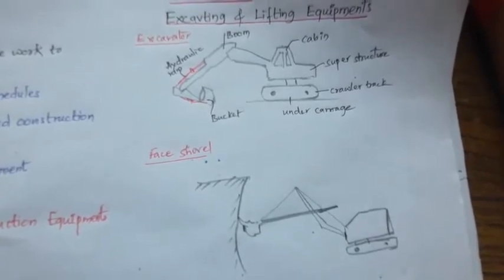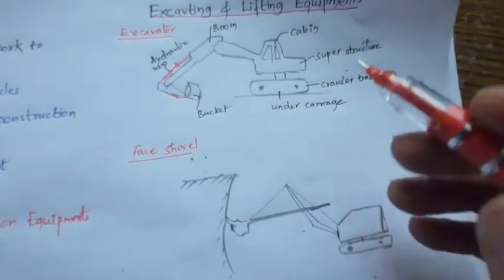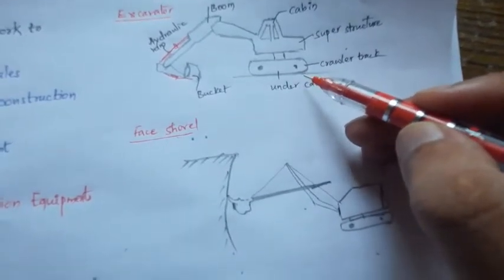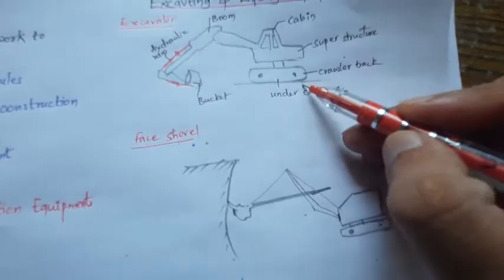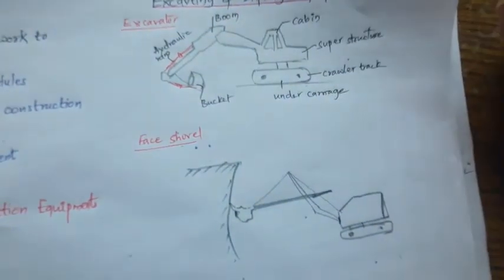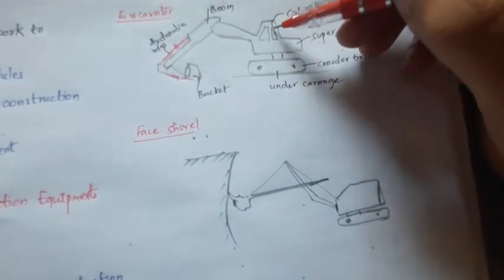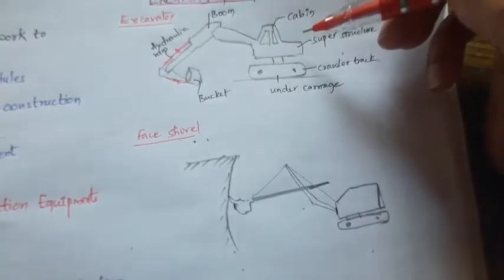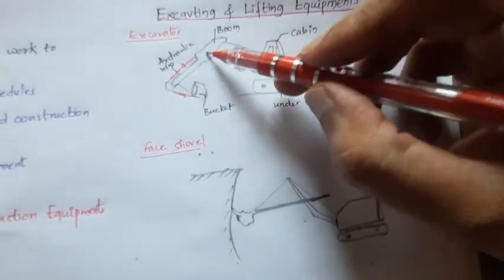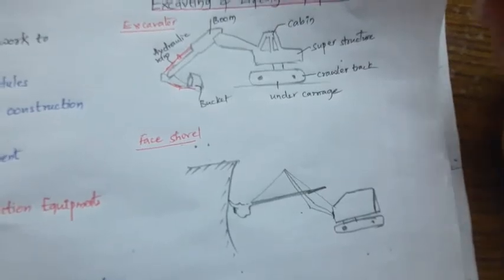So these machines consist of the following components. Let us see them one by one. The first is the undercarriage. This gives mobility to the excavator, and it may be mounted with a crawler track or wheels. Next come the superstructures, with the operator's cabin, where the operator sits. This could traverse through 360 degrees or be fitted on a rigid frame. Next is the boom, a hydraulic articulated boom and a dipper arm with a bucket.